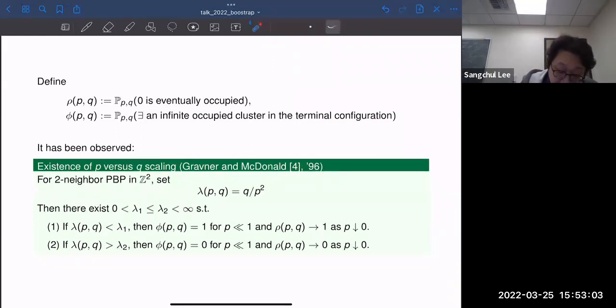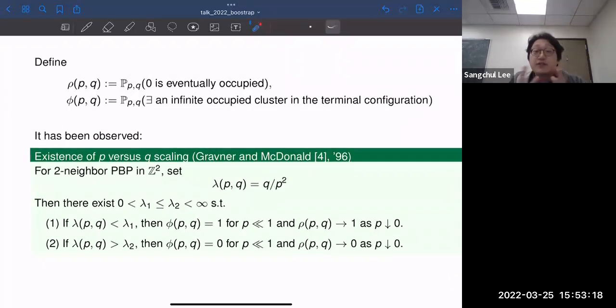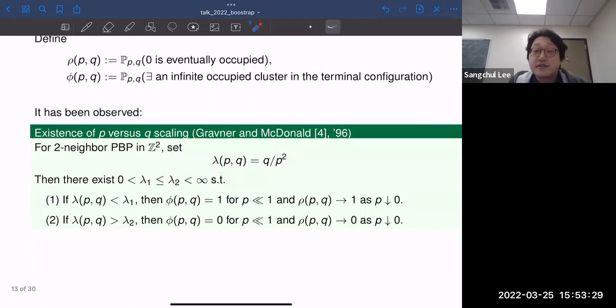Then in the paper of 1996, it has been proved that there indeed exists a certain non-trivial P versus Q scaling, the initial occupation density versus initial pollution density. So in the case of a two neighbor polluted bootstrap percolation in the square lattice, if we set lambda to be Q over P squared, then there exist two positive and finite thresholds, lambda 1 and lambda 2, such that if lambda is kept below lambda 1, then the probability that there is eventually occupied is